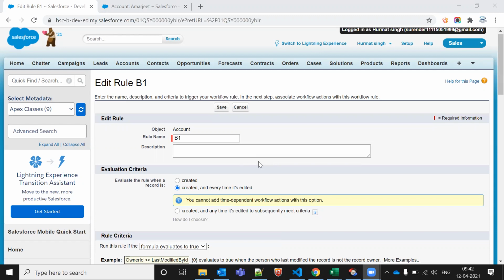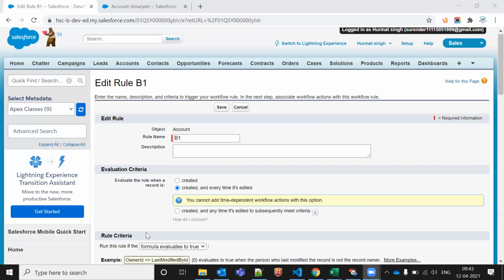Look, instead of giving rule criteria, he is directly mentioning only true in the formula condition, and then the field he has to update is done below that, right? Yes. Normally we write a formula inside the rule criteria, meaning if this field is this, then make a field update or create some task.